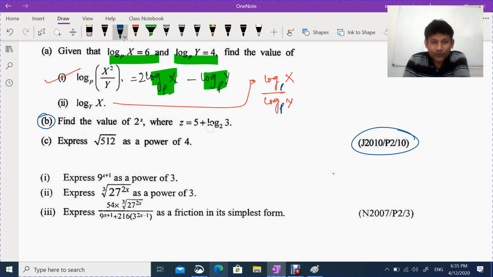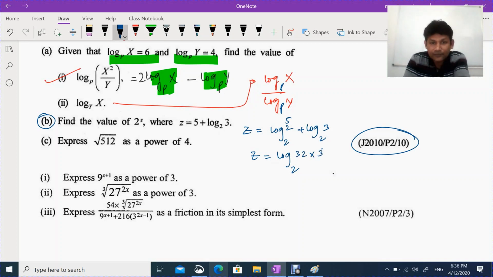This is 2, so can you make this 5 like 2? z is equal to 5 log 2, and log 2 base 2 is 1. Okay, then this 5 will become the power. Single log, 2 power 5 is 32 into